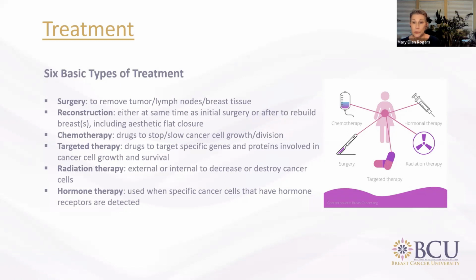Most patients have surgery to extract the cancer from the breast, which can be before or after treatment. At the time of surgery, lymph nodes under the arm are usually removed, examined, and tested to see if they contain cancer cells. Surgery is a local treatment, and since it treats a particular part of the body,